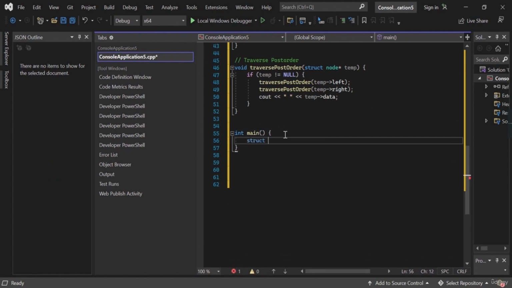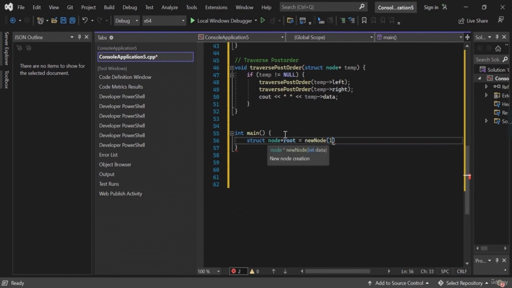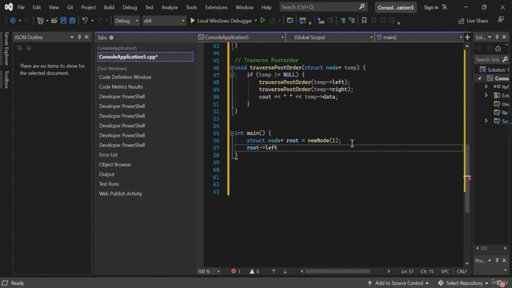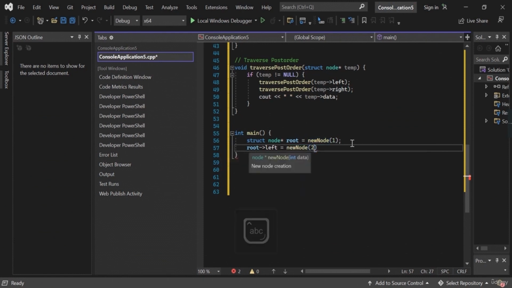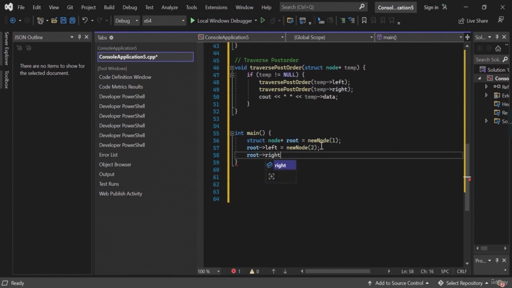So call the structure node by pointer root, then new node 1, then root is equal to left, new node 2, then root is equal to right, new node 3,